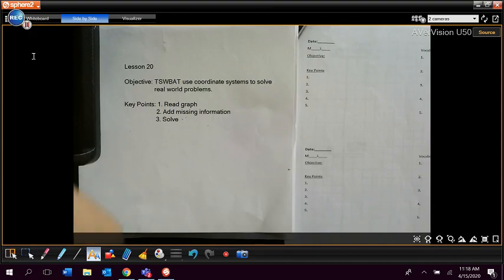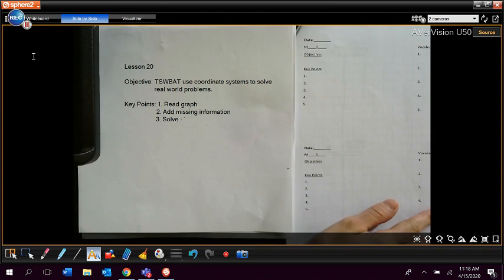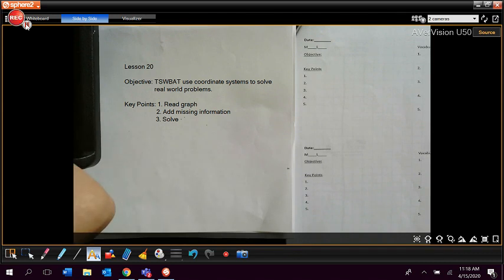Alright guys, now that you're done with your do now, we're going to continue with our notes for today's lesson. So today again we are going to be doing lesson 20. The objective for today is the student will be able to use coordinate systems to solve real world problems. Our key points are going to remain the same from Monday's lesson, which is number 1, reading the graph. Number 2, we're going to be adding missing information. And for number 3, we are going to be solving. So again, at this moment, go ahead and pause the video and write the objective and the key points